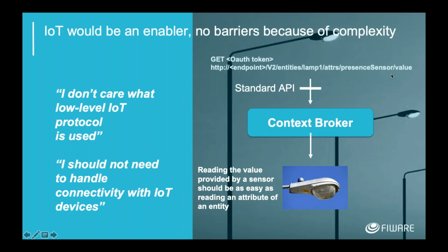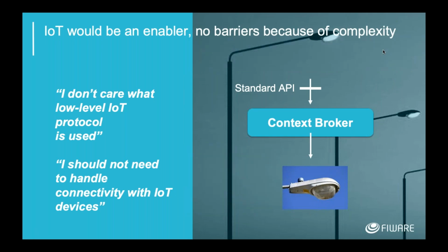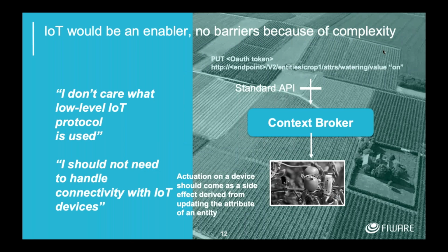This URL is part of the NGSI v2 definition, which is an open API specification for context data. The whole point being that you can use this standard, so you will be able to retrieve values from a sensor by just making a GET request, which is obviously very simple if you're a web developer. Similarly, if you want to actuate devices, it's just simply a put request. It's not difficult to get these sort of things to happen.